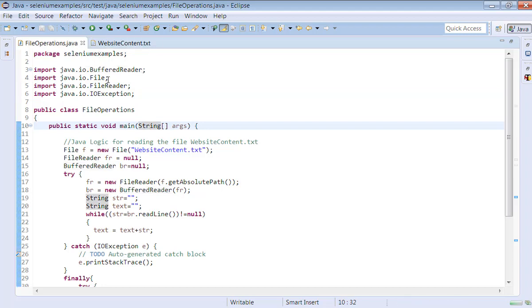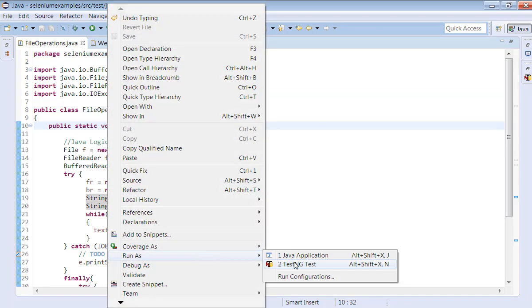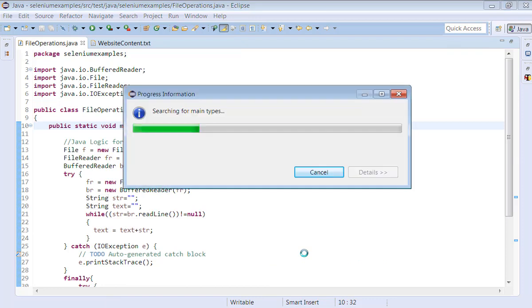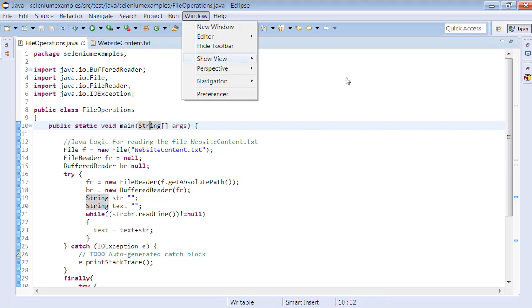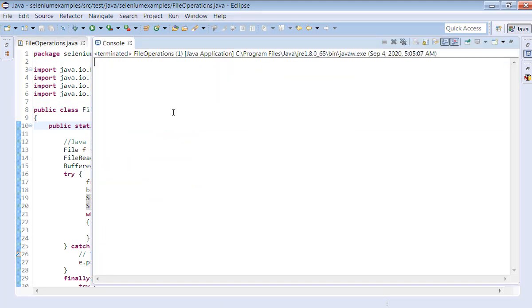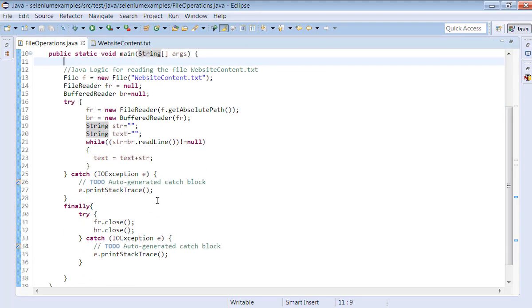Now let's execute this code first to understand whether this is working fine or not. Okay, now what we have to do is, we are getting the text, but are we printing this text?